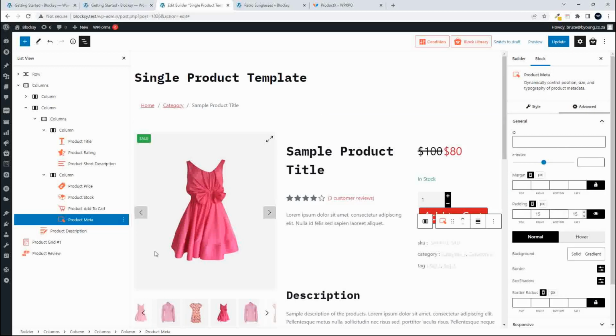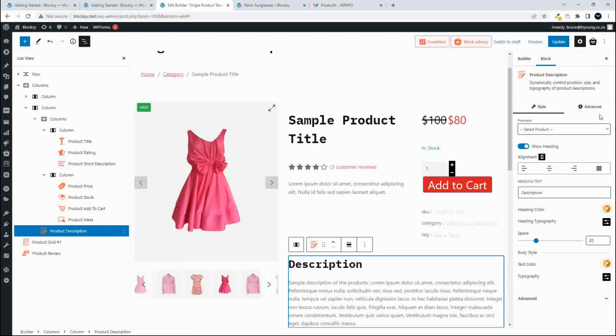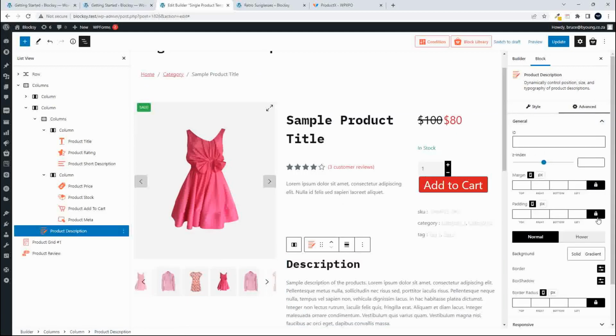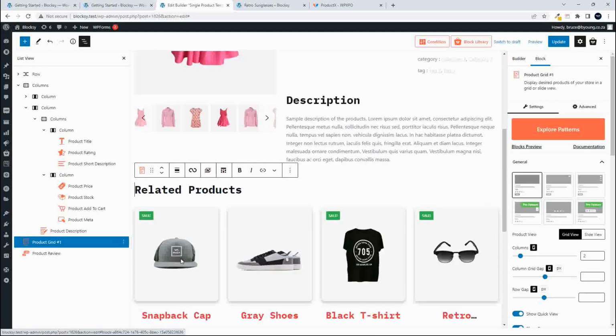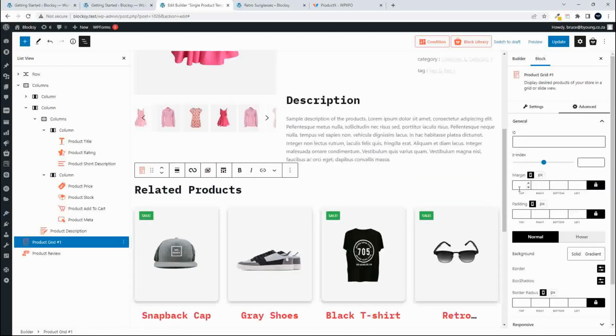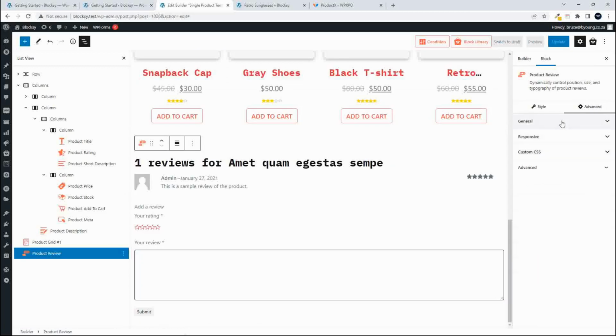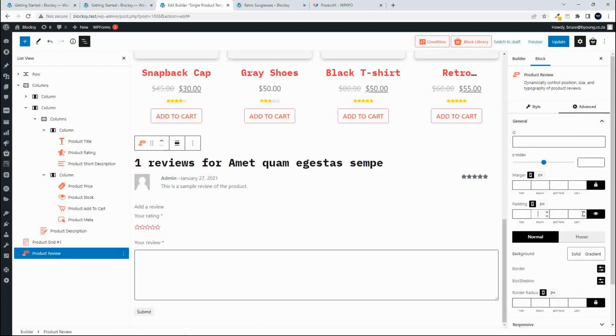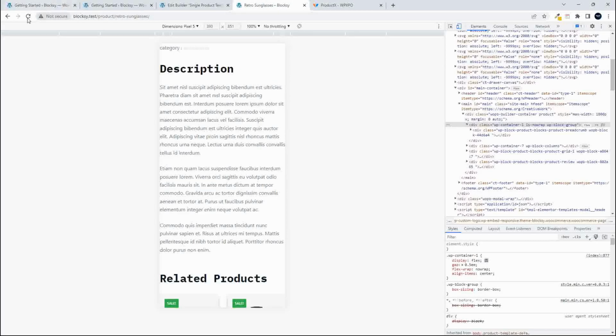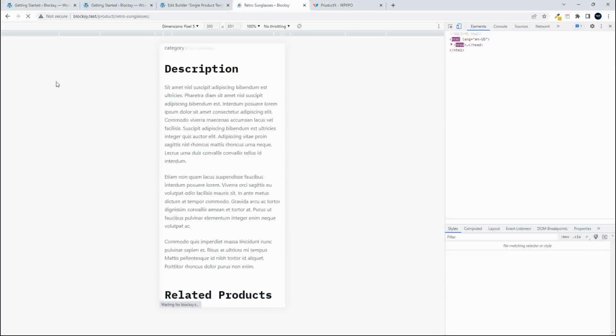Right, so we've done that section. Now we do it to the product description, advanced, general. And the last two would then be the product grid. So we're going to do it to the product grid as well. And then the product review. And then we're done. We can update that, head over to the website, refresh the mobile view, and you'll see